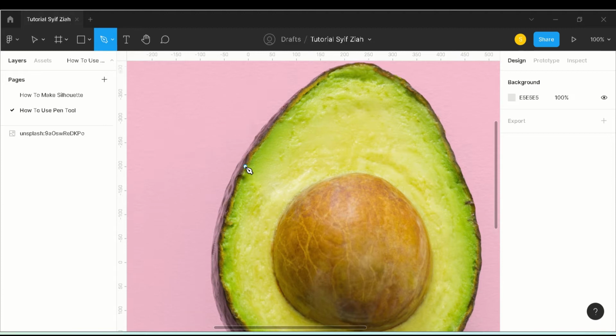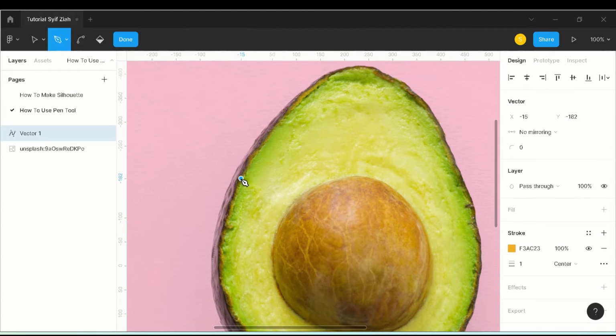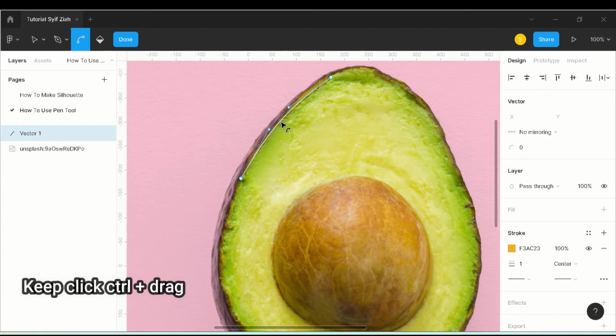Yeah, we can click, and then we try to follow this line, this outside pattern. And to make it the same, we can make it wave. Yeah, click, hold control, and then drag it up.